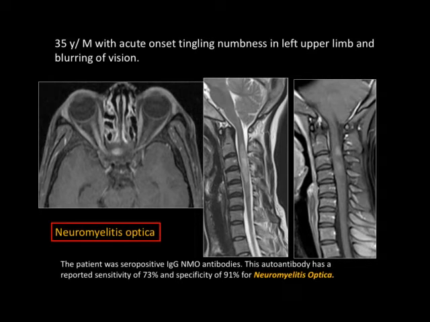Anti-MOG antibody patients are in between, so they have better prognosis compared to MS and also compared to NMO, but they will behave like NMO. The imaging pattern would be like NMO, and in anti-MOG, the cord and the conus are more commonly involved, and the optic nerve is also involved. And in NMO, there are other brain findings.